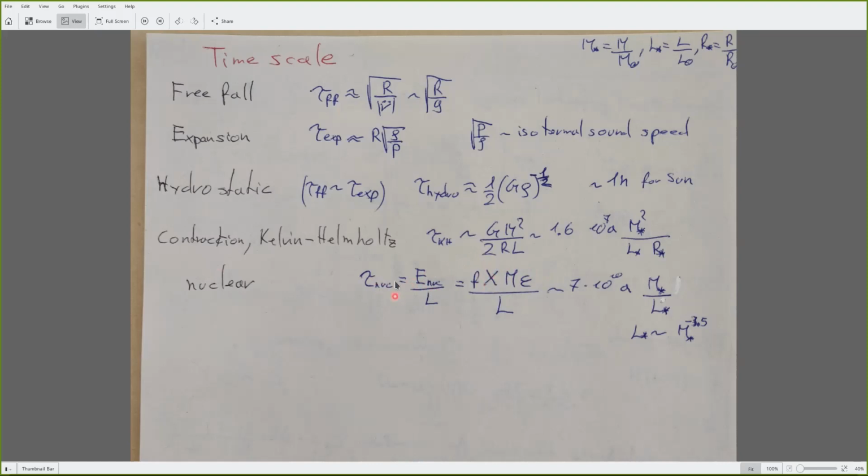Usually in this case we consider hydrogen burning, so the mass fraction of the hydrogen, and F is the fraction for the core, because obviously the star doesn't consume all the hydrogen inside, but just the one in the core. In the calculation, you get the value of more or less